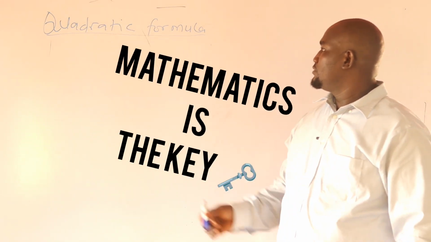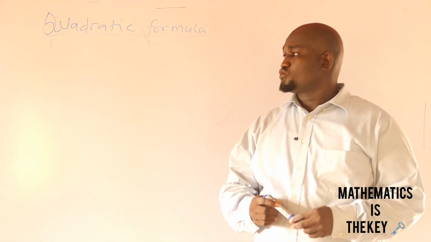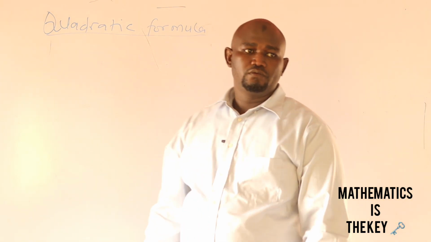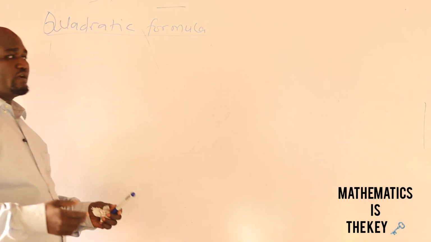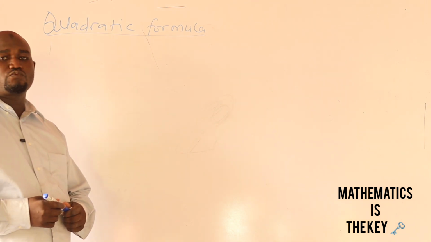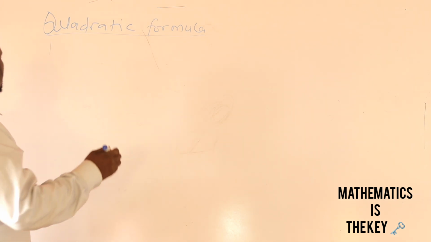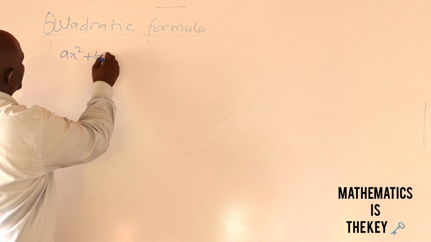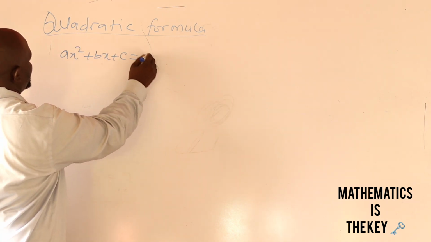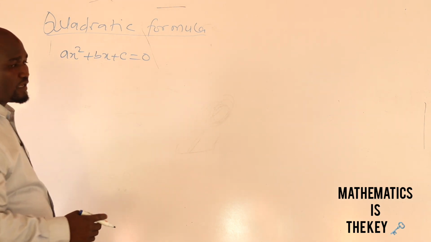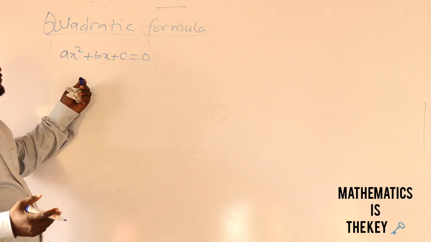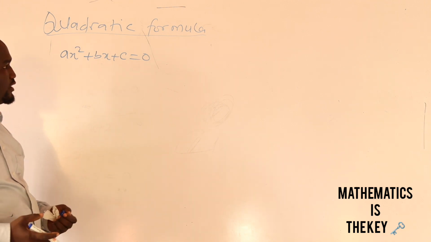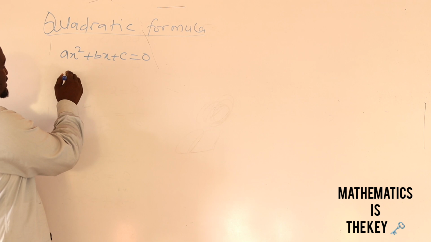In this video, we will consider solving quadratic equations using the quadratic formula. Recall that the general form of a quadratic equation is given as ax squared plus bx plus c is equal to 0. If we apply the rules involved in solving quadratic equations using completing the square, which they are,